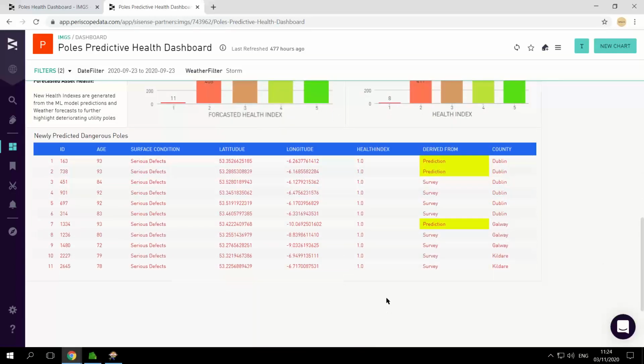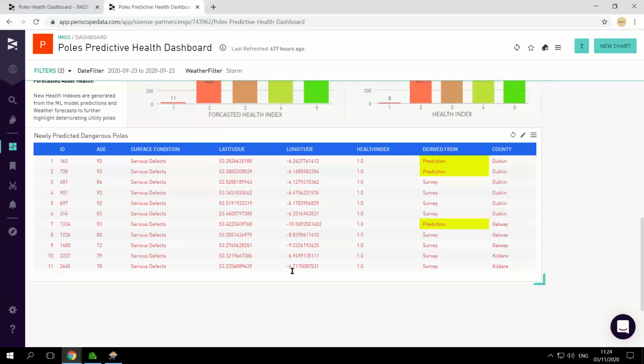These are those 11. In this column, 8 poles were from the survey or the previous maintenance records, but now there are 3 more that we are predicting, if you consider the weather, that need